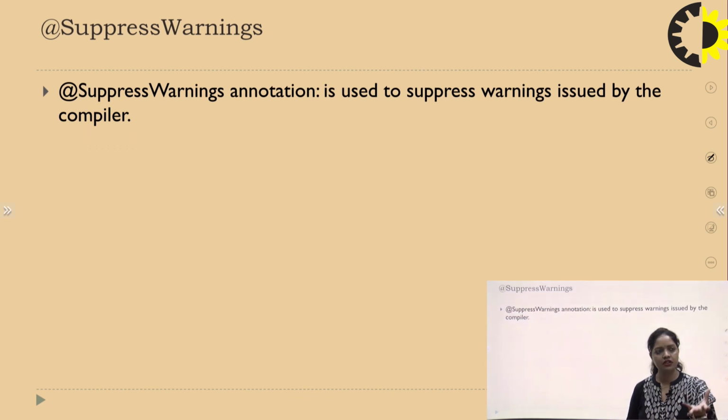Now the next type of annotation is SuppressWarnings. What is the role of this SuppressWarnings annotation? Again, it is an instruction to the compiler to suppress some kinds of warnings. We want our program to execute in a flawless manner, and no warning to be issued during execution. After the program has completely executed, no warning note or instruction will be given by the compiler, and only the output will be visible to the user. For that case, we use the SuppressWarnings annotation.